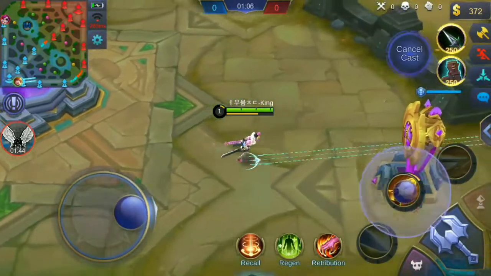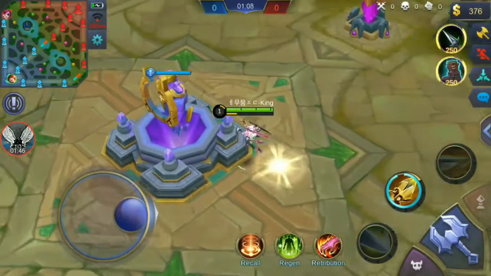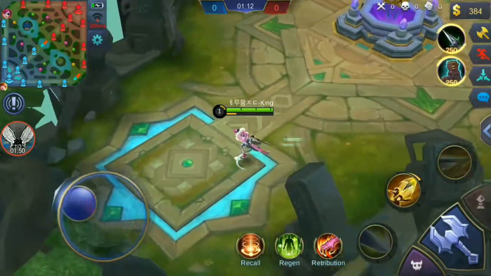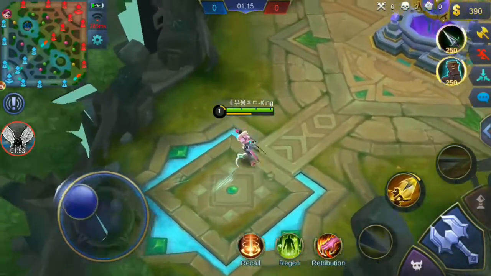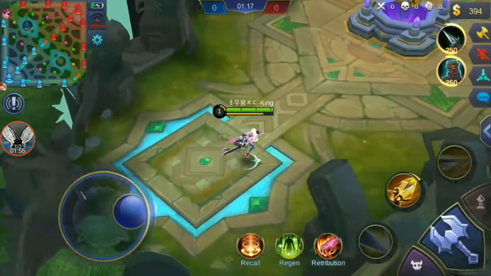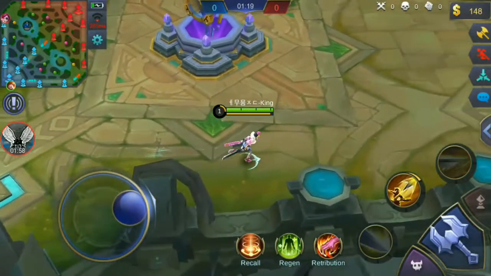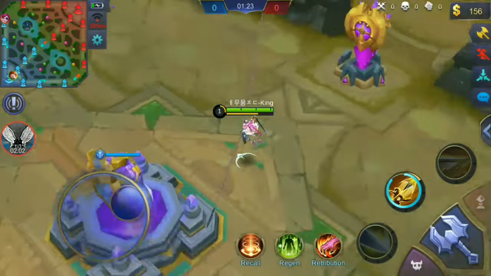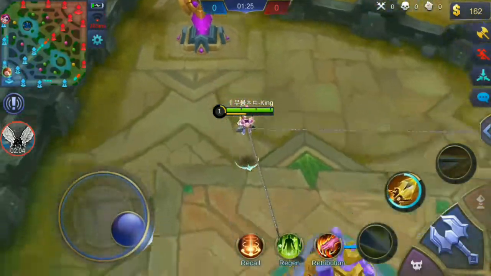So try to avoid wall spam like this, because it will be easy for the enemy to lock you down or stun you or use whatever skill they have to stop you from moving. So yeah, you better use this kind of technique. This is better to use inside the enemy crystal, like this, like this,